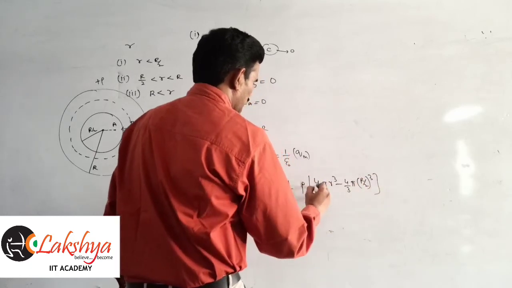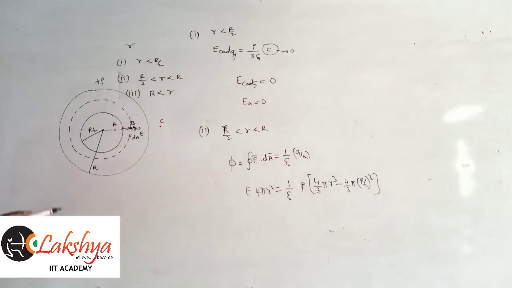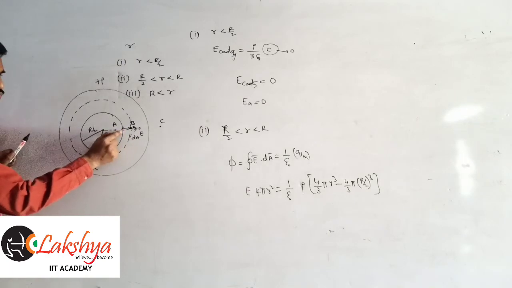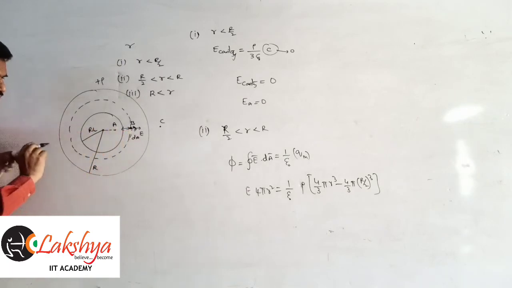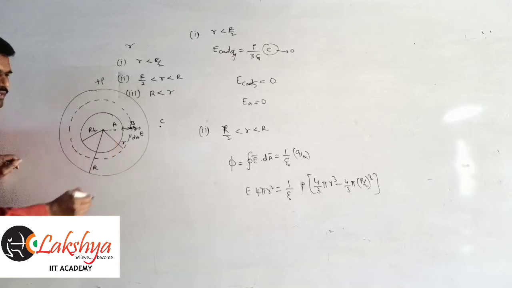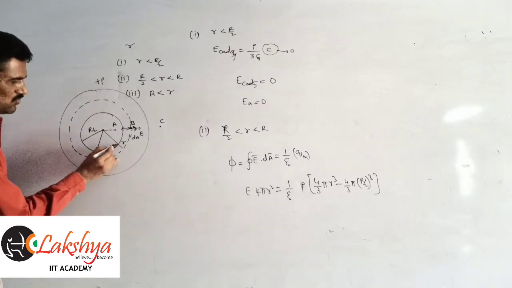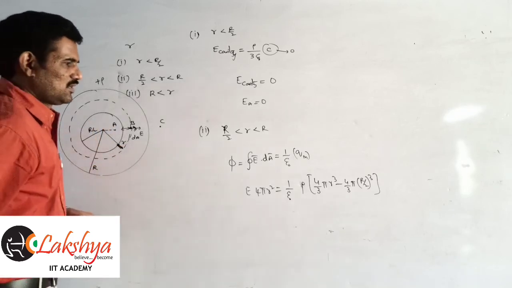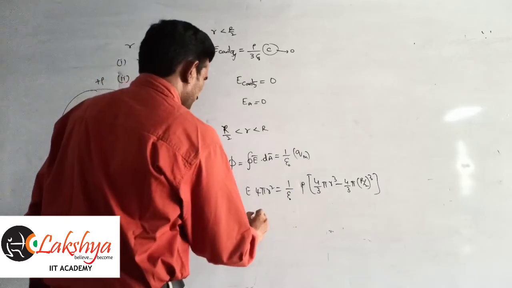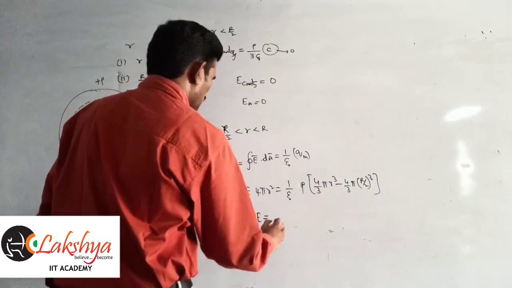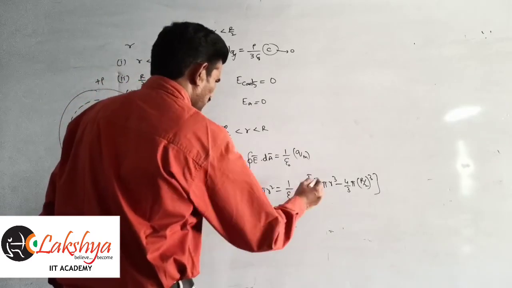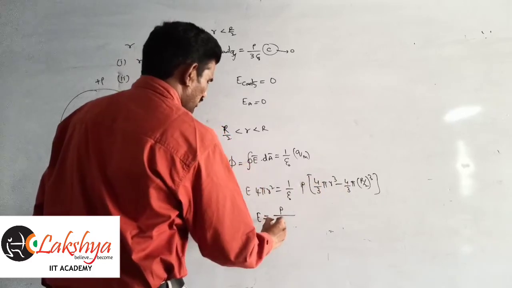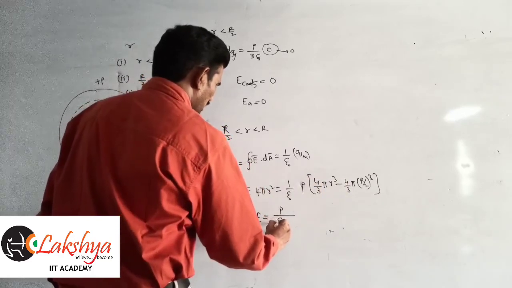Only between these two, from r by 2 to small r, we need to write here. This is our smaller value. Only that volume we need to write here, because charge is present only within this part. Within this part only charge is there. This part is cavity, and so you can simplify that. Therefore E is equal to rho by this 4 pi. I think you can take 4 pi common and cancel that. Rho by epsilon naught into 3 epsilon naught into r square